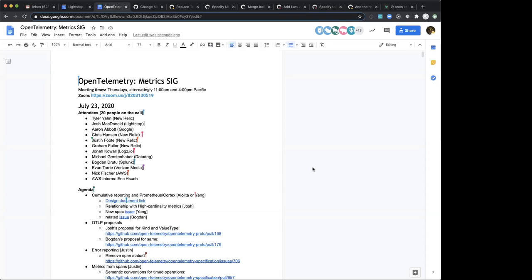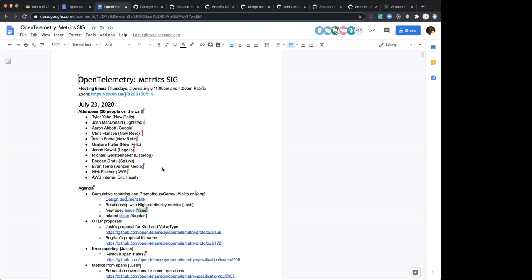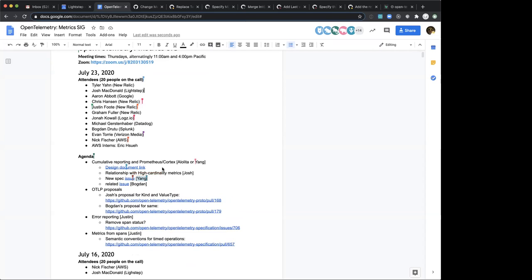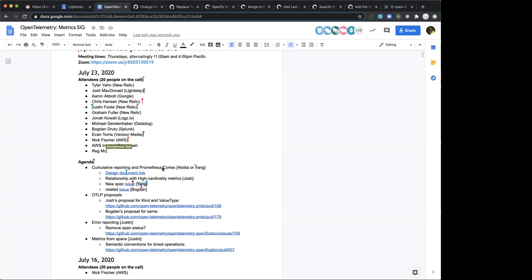Sure, I can talk about it. This is Yang. So we're trying to build exporters to Cortex, which is an open source multi-tenant storage for Prometheus. It originally takes data from the Prometheus remote write API. So we're trying to support the direct export of metrics from OpenTelemetry to Cortex. And while we're doing this for the OpenTelemetry exporter, an issue we encountered is that the OTLP exporters are pass-through,